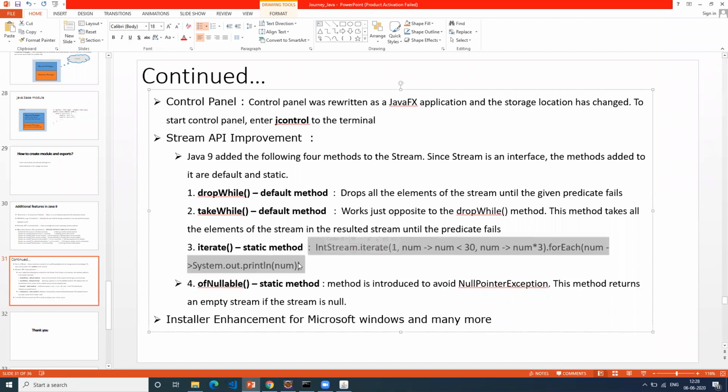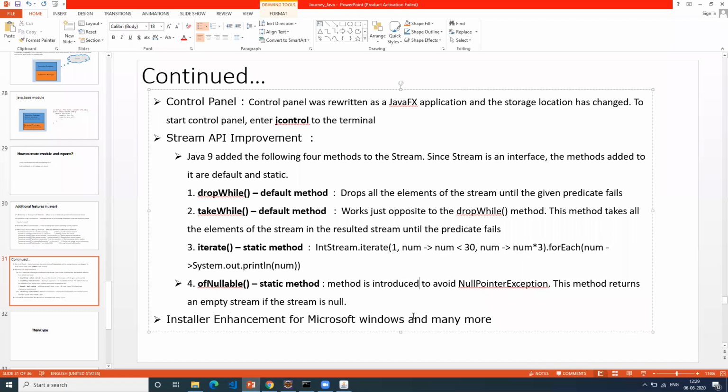I would say more than 10 lines. Everything you have written now in one line. ofNullable is basically, if the stream itself is null, it will give you an empty stream instead of throwing a NullPointerException. Okay, in Java 9 again, one more enhancement is some enhancement for Microsoft Windows,